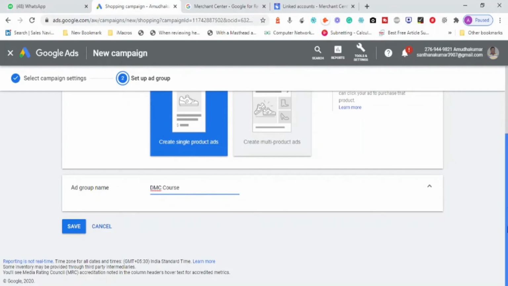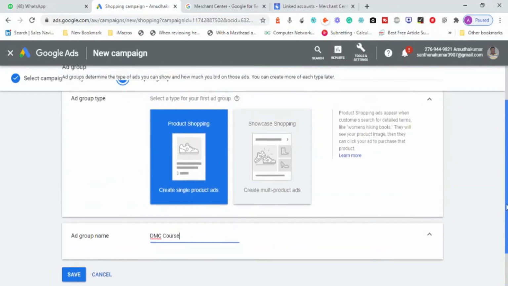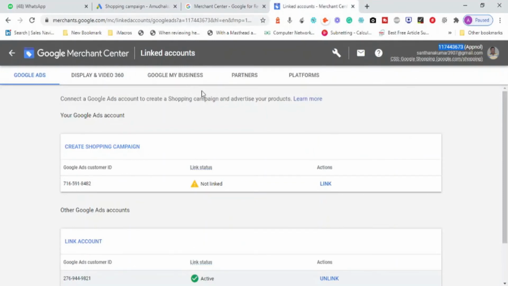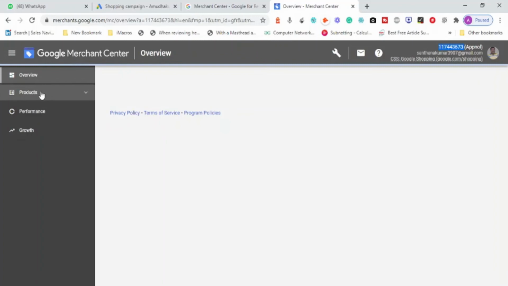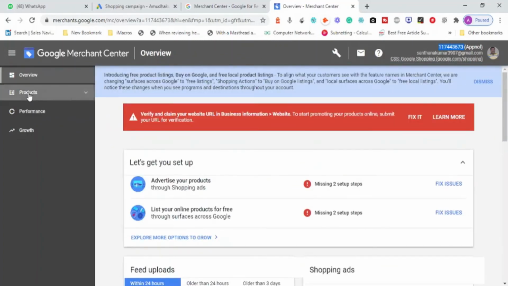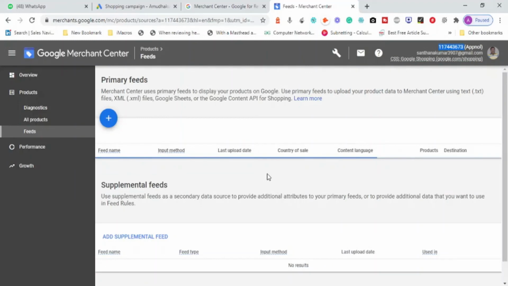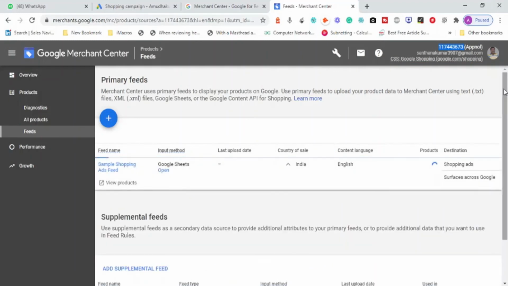Now, from where will this advertisement's images be taken? I have created an account with Google Merchant Center, and in it we have an option to add the products. When I click on the products, I can click on the feed option, and I can feed whatever products I have to Google Merchant Center using Google Sheets.